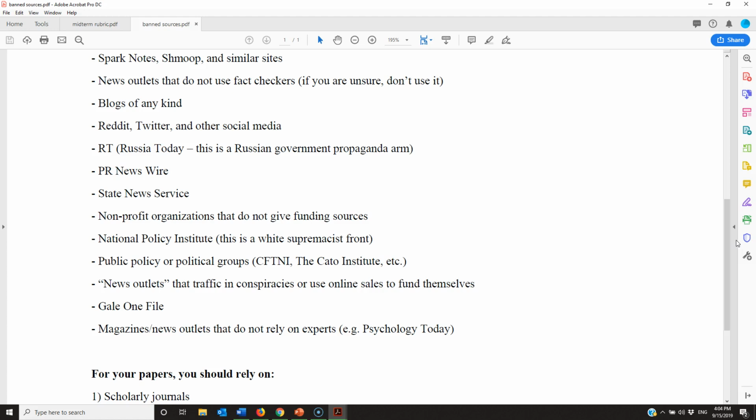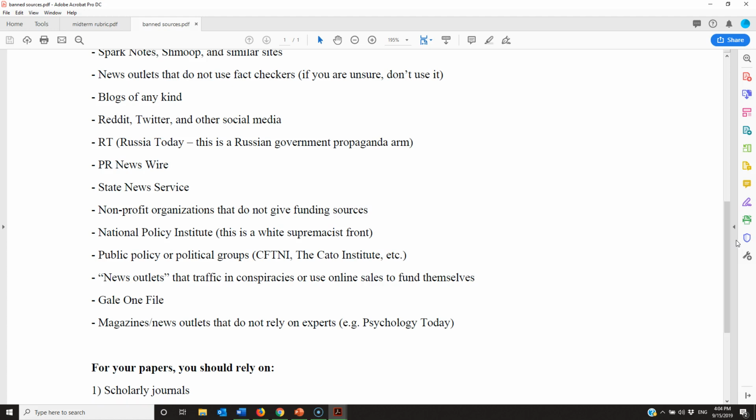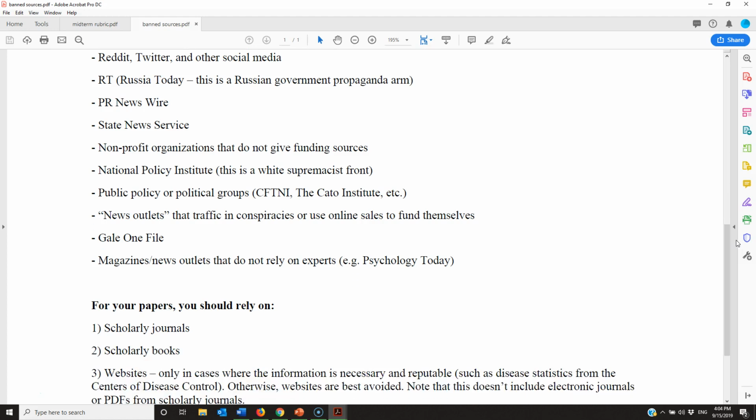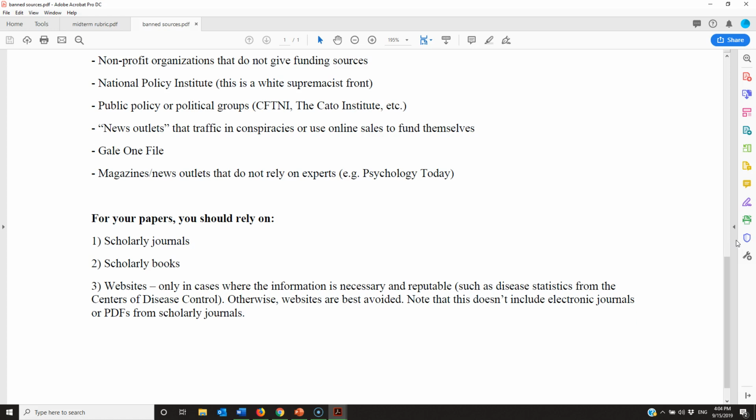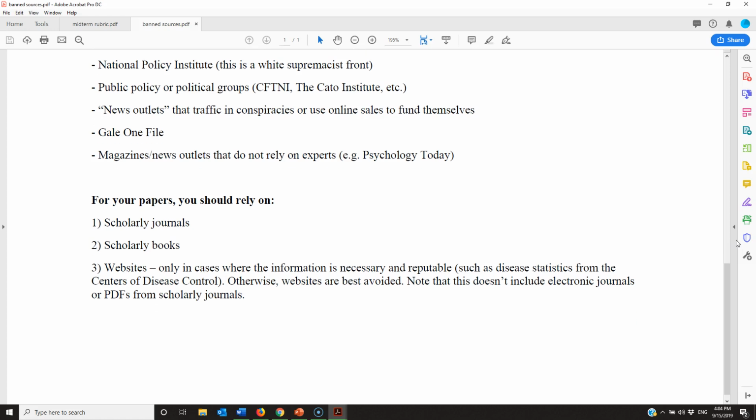There are some newswire services that look reputable but aren't. The National Policy Institute is actually a white supremacist front that tries to pass itself off as a public policy group. And stay away from news outlets that either traffic in conspiracies, use online sales to fund themselves, or don't rely on experts. So it is best if you rely on scholarly journals, which you can find with the library databases,